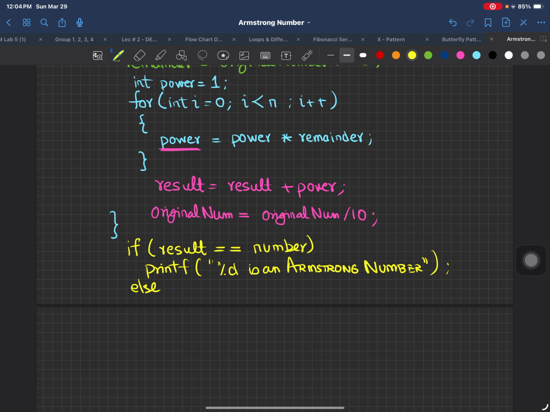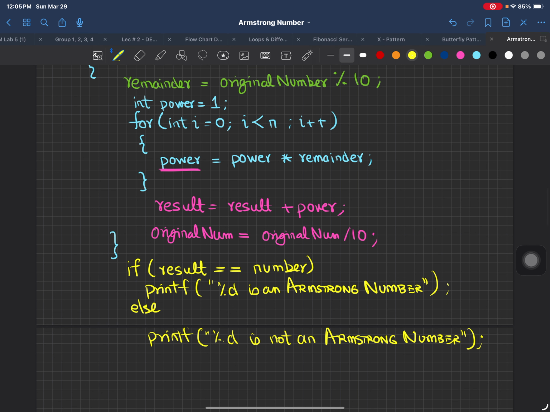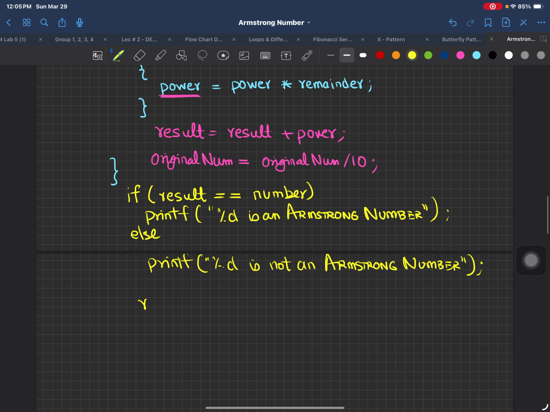Else printf, your percentage %d, that is the format specifier, is not an Armstrong number. Over there. So I hope now you have got this point. So this is the only thing, and afterwards you can just do the return 0,